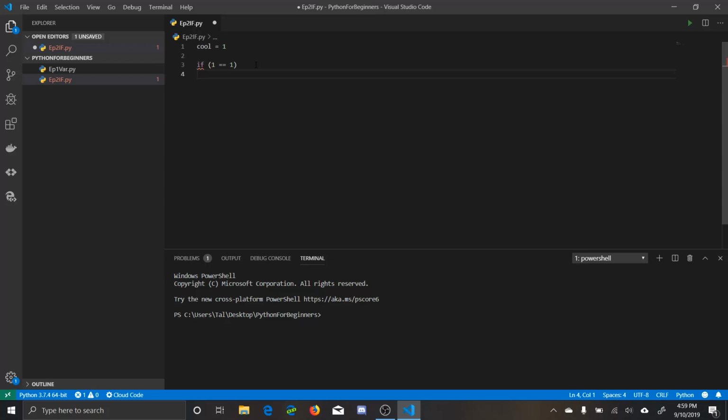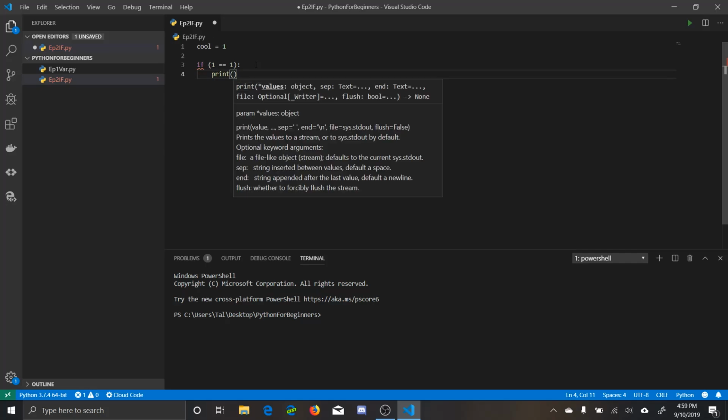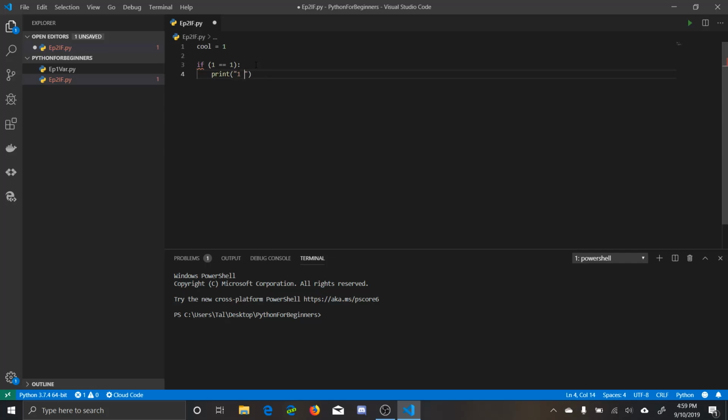We'll say if 1 is equal to 1, we'll print 1 is equal to 1. This works. And then, because we are proper coders and we want to handle exceptions in our program, we'll do else colon, and then we'll do print 1 is not equal to cool's value, which is,